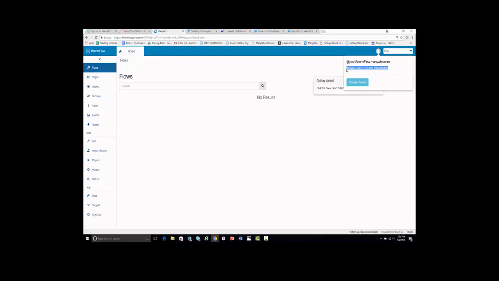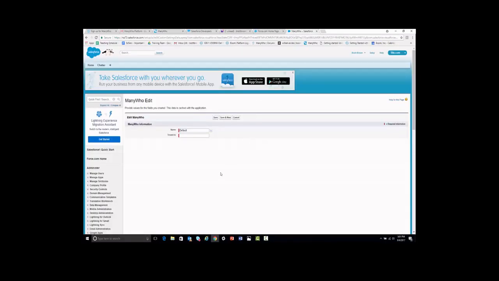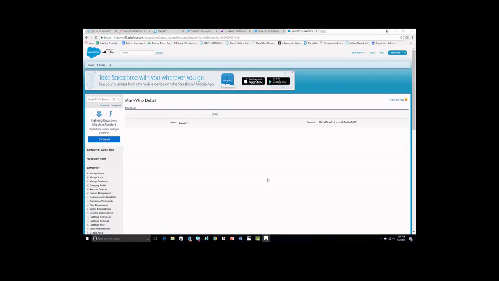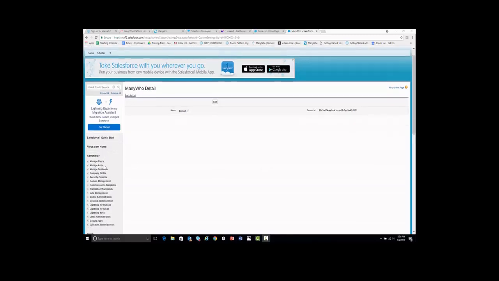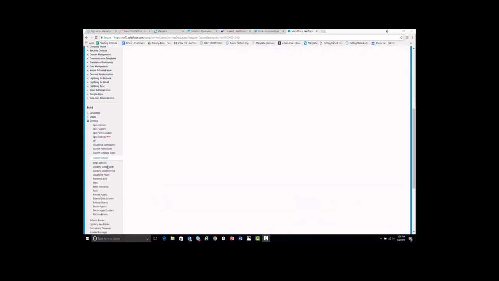So we can actually select this, copy and paste it, bring that over here, paste it into our tenant ID for our application, and then click save. Now we have our new default detail and tenant ID. Coming down here on the toolbar again, we're going to scroll down to build, and we want to expand create. Now click on apps,